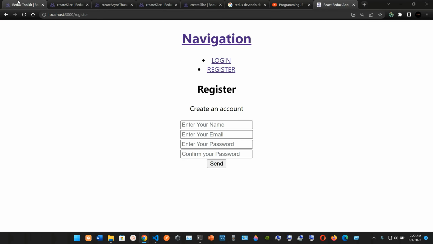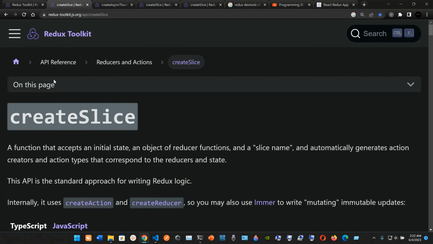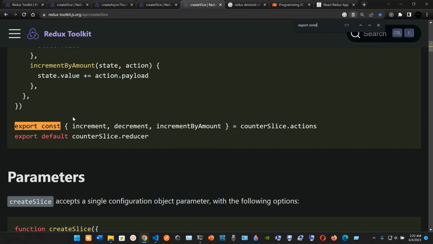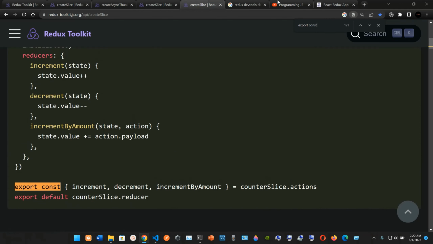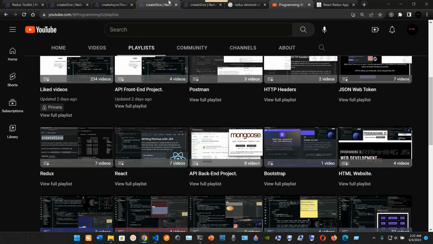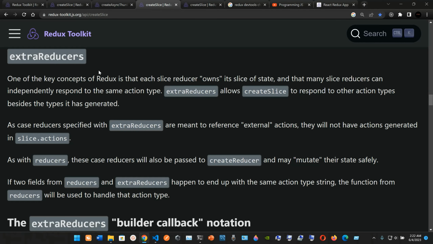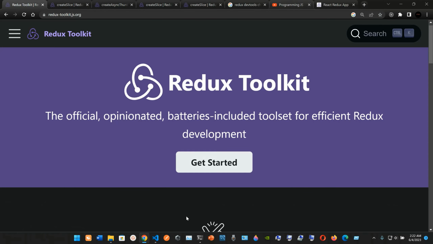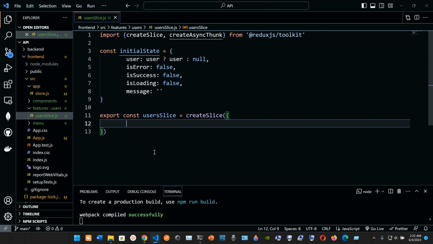And you can check out here, you have the information for the create slice. So when we are exporting it, export const, you have some examples that we already saw in this Redux series, so you can check it out. We have the extra reducers. I'm gonna leave these links so we can go back here, and yeah, here we are exporting the users slice, and we are setting it to the create slice. And inside of